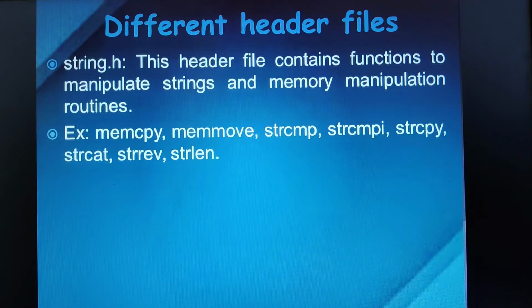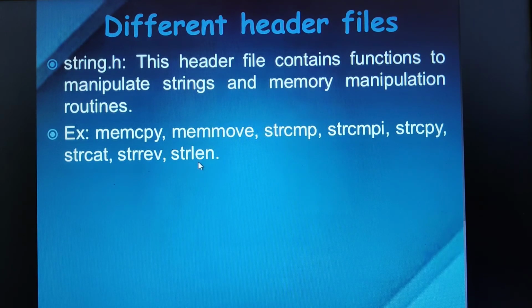Next we have string copy. If I have one string and another empty string, then you can copy the given string into the other string. String concatenation means you can club two different strings as one word, like Karnataka as one string and state as another string. If I want to combine those two strings, I can go for string concatenation, which gives the output Karnataka state as one word. String reverse: if I give the word wow, W-O-W, it will reverse and again I'll get W-O-W. Similarly, madam, teacher, table, you can reverse any given string.